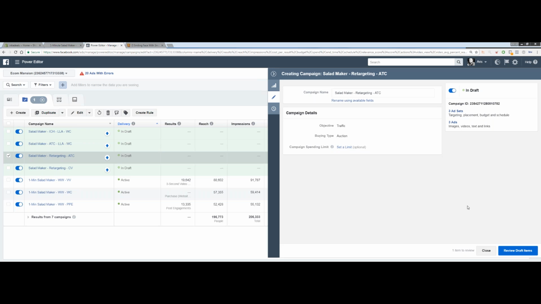Is my traffic getting cheaper, meaning Facebook is optimizing? If yes, let it run one more day and see. But if you spent $60, $70 or $100, and that's a lot for you to test the product, and have no purchases, hell no, get rid of it. Believe it or not, just get rid of it.